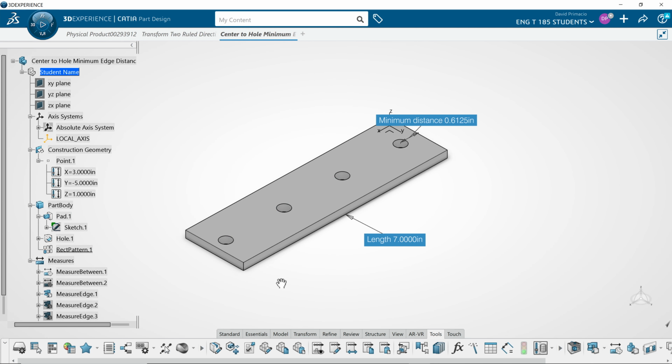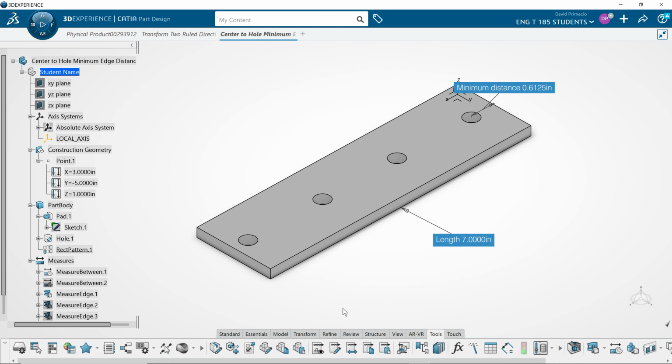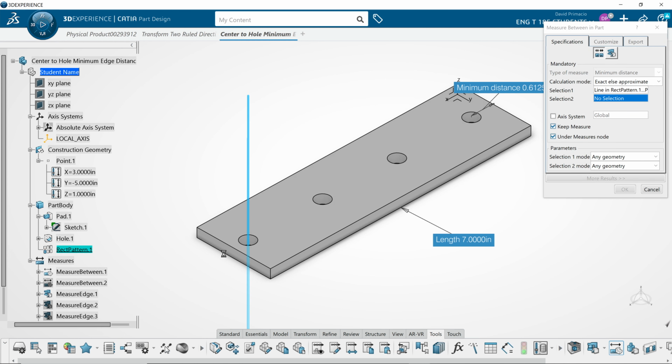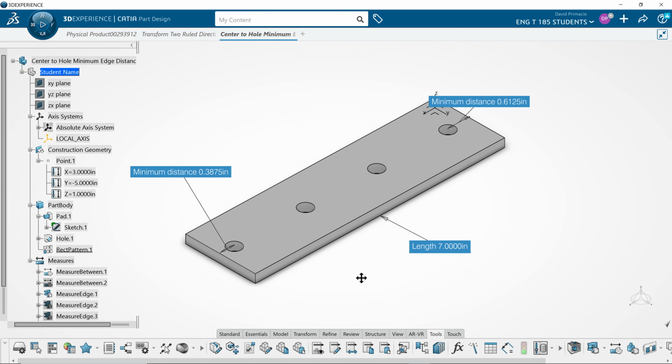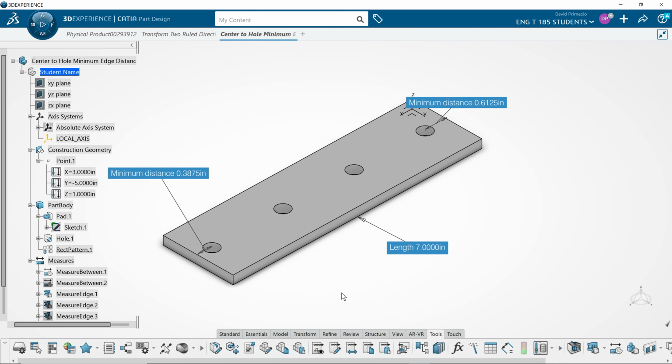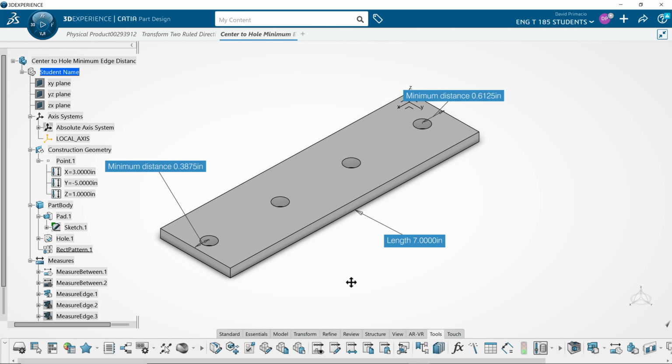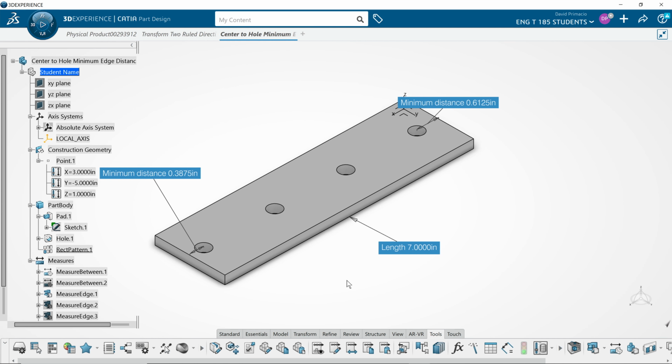and I'm going to do a measure between. Select the center of the hole, and I bet you're already looking at this part thinking, it doesn't look quite right. So I wasn't lucky. There's got to be a magic formula that you can use to figure this out. You can pause the video and I'd like you to try it out, but I will continue on to show